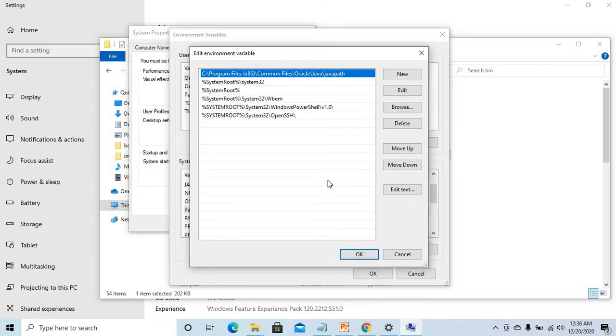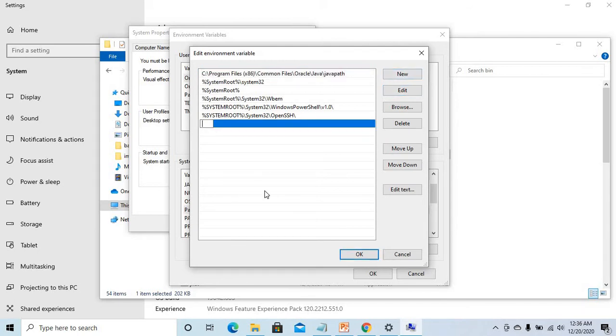Now how can I do it? What I will do here is simply add one more entry here. If you want to call any created variables here, just give percentage JAVA_HOME percentage. So this is the variable we just created, right? What it will do is bring you up to the JDK directory.